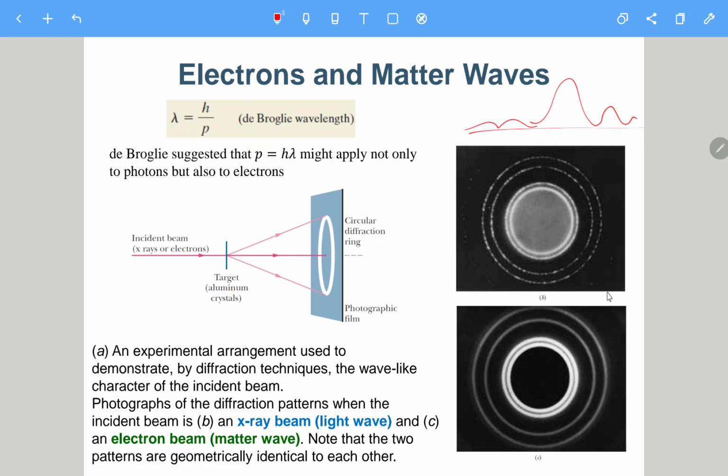So this is one of the experiments to show that matter also will act like a wave. And if I remember correctly, like 3 years ago when I taught this course, there was an experiment in America using some biomedical molecules, something like protein molecules, to do this experiment, and they still found that the protein molecule can have this kind of phenomenon.